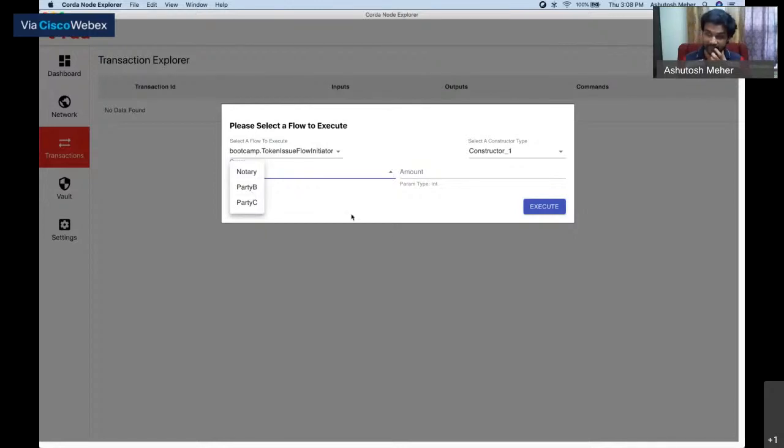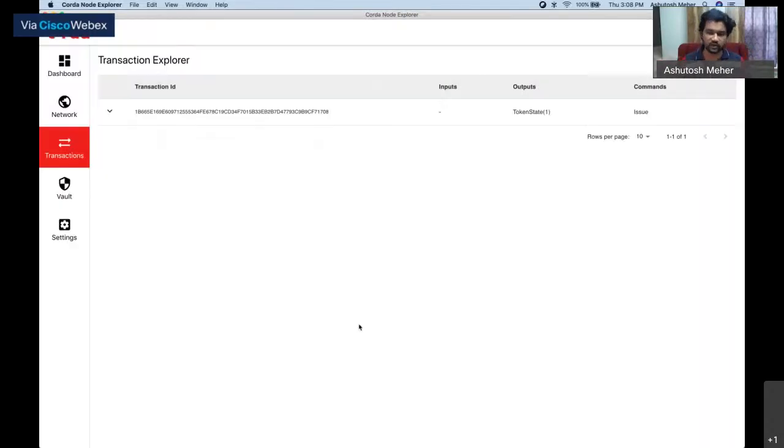We logged in as party A. So this guy is in the first VM, and let's issue some tokens to a party in the second VM, that is party B. Amount can be say 100. Is it going to work? Yeah, it did. So my nodes are able to communicate despite being on different VMs.